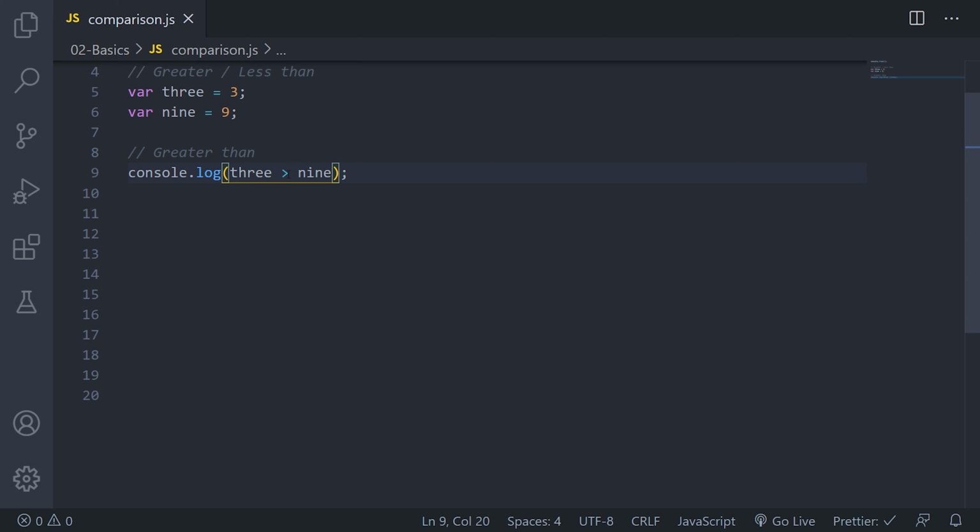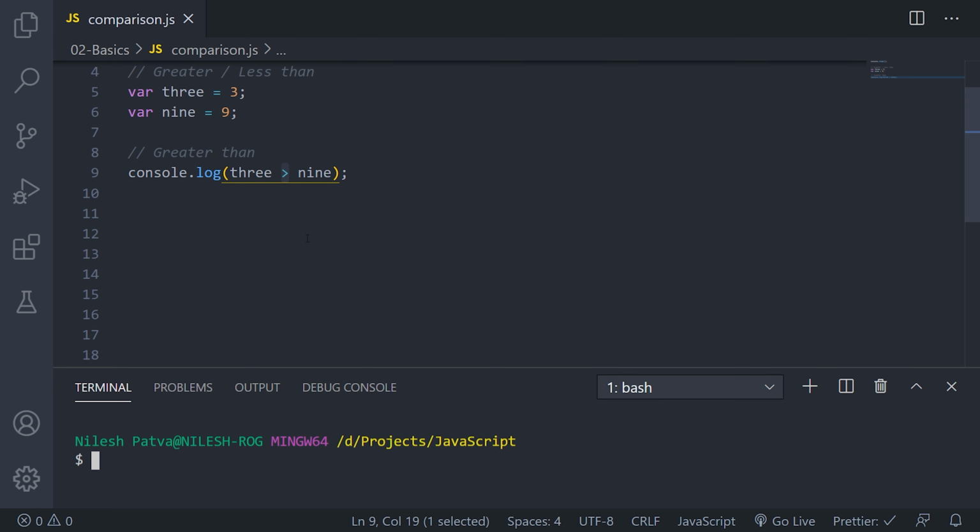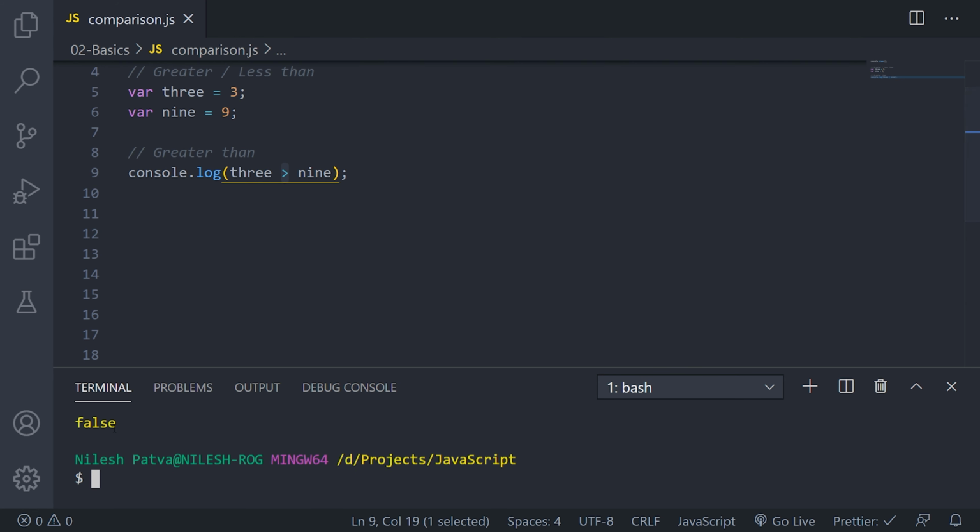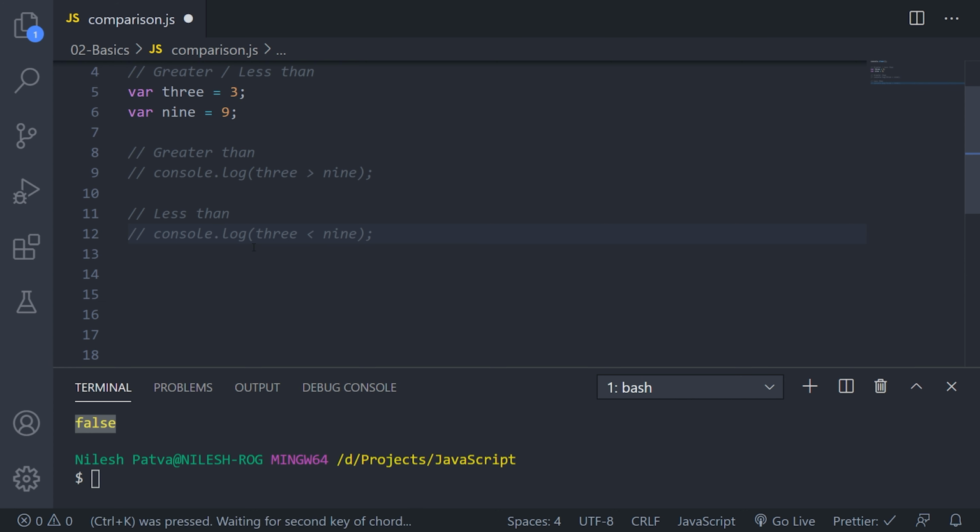You can use this angle bracket, and let's just print this. When I run node on the comparison file, it will give me false, as you can see.